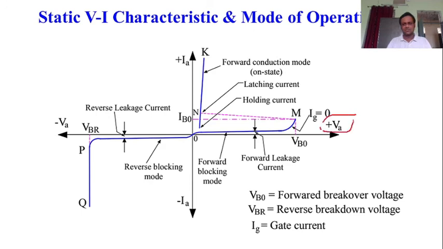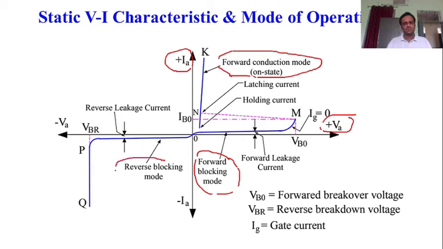Here VA is your anode to cathode voltage and IA is your anode current. When you're talking about the mode of operation, here basically three modes of operation are possible: forward blocking mode, forward conduction mode